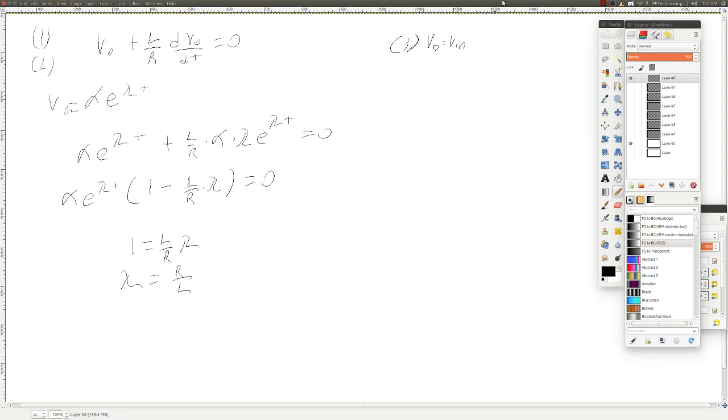We'll just leave it as V in to make it a little more symbolic. V out at t equals 0 is equal to V in, which is equal to alpha e to the